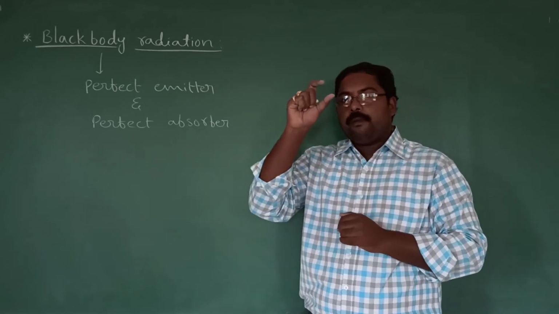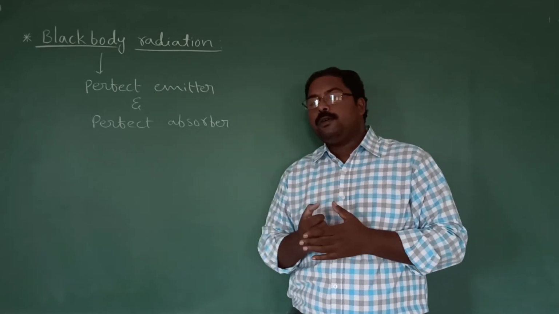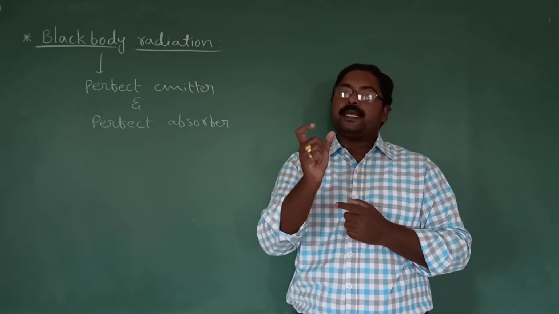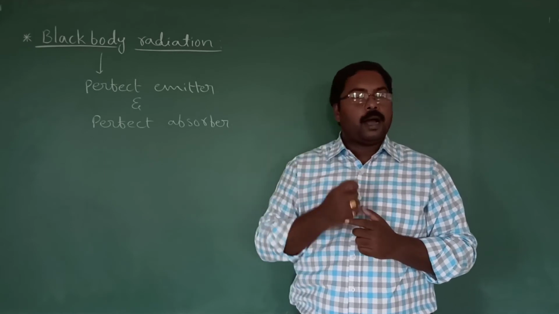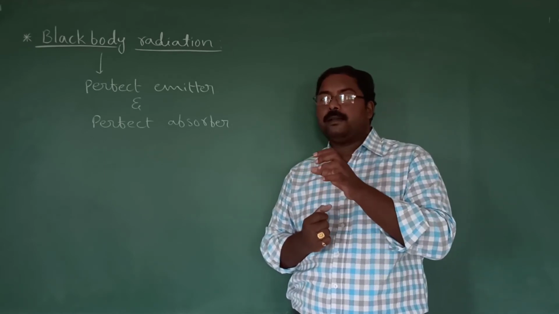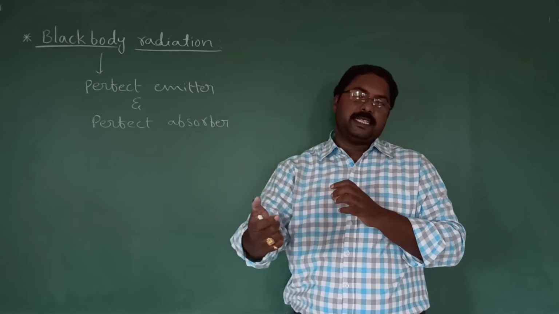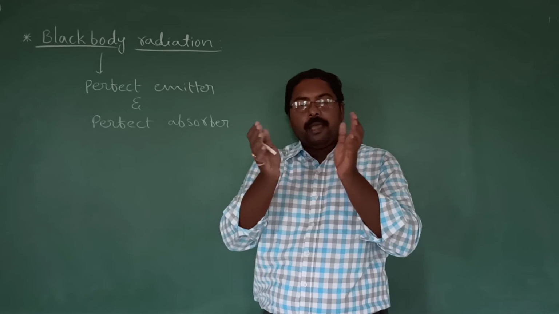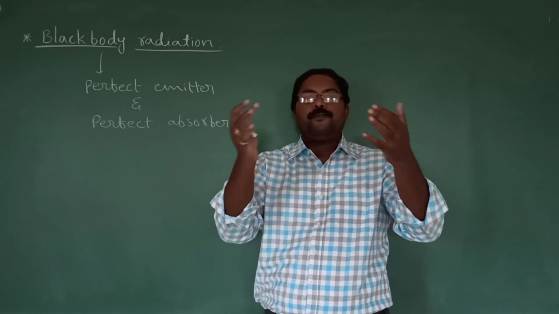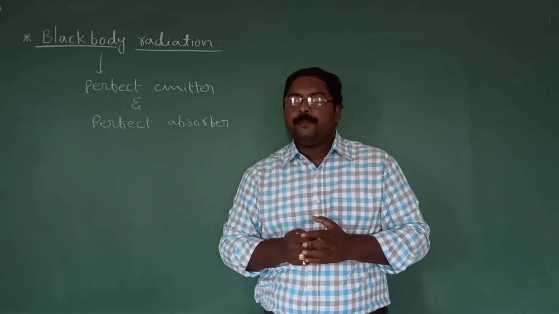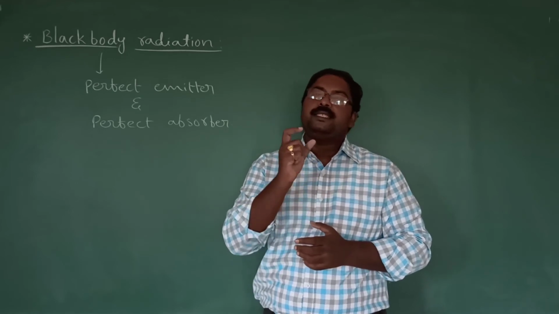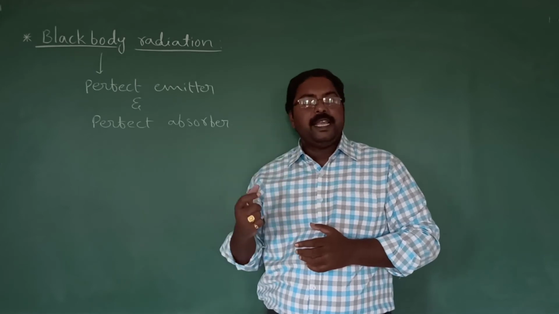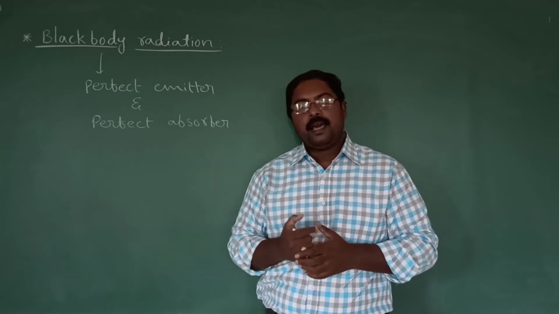A simple example to understand this one. Generally, if you observe a bulb, how does the bulb glow? There is a metal filament. When electricity is passed, the filament becomes hot. When it becomes hot, it emits radiation. So from the bulb a white radiation will come, and everyone knows that white light is composed of different wavelengths. So when a metal body is heated to high temperature, then it emits radiations of different wavelengths or different